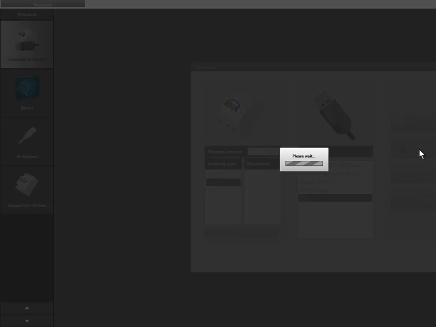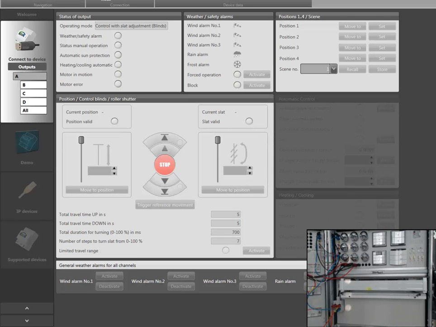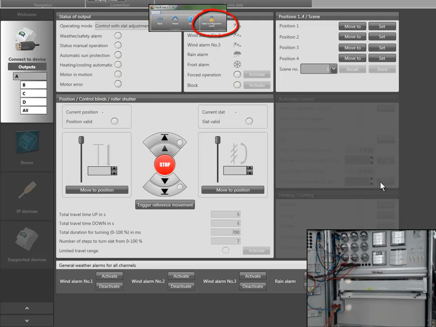Same way, and we will see something around the shutter actuator. So here we have a real small blind in our training case. There's a real motor behind. Now we are connected to the 4-volt JRAS shutter actuator in our training case. You see again, nothing is highlighted at the moment. You cannot operate anything. You go to the configuration mode again, and everything which is enabled via parameters can now